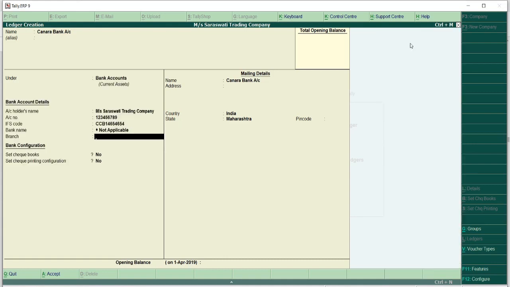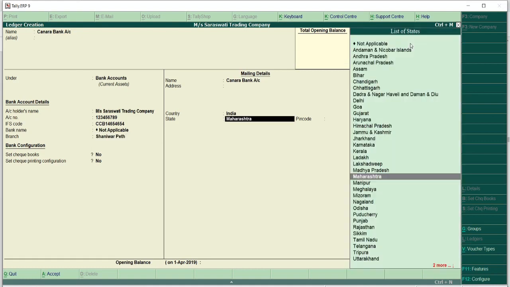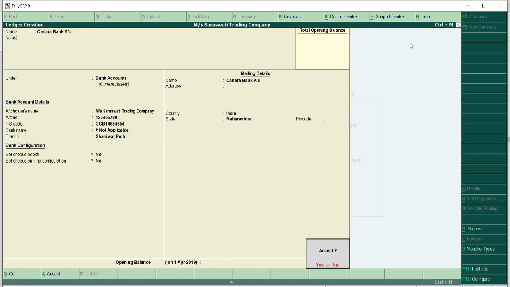The branch is Shaniwarpet because the company is located over there. So I have successfully created this Canara Bank account under the group bank account. You can see in brackets current asset. This is the main group, current asset, and bank account is the subgroup. I will press Y key to accept this.